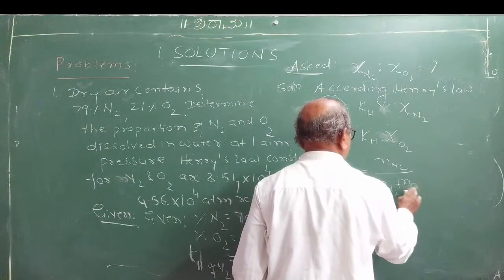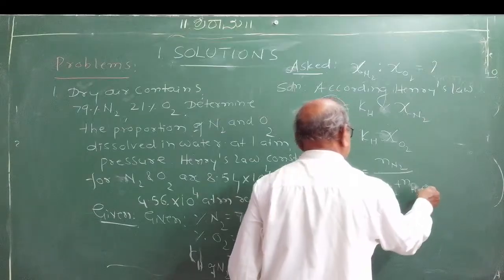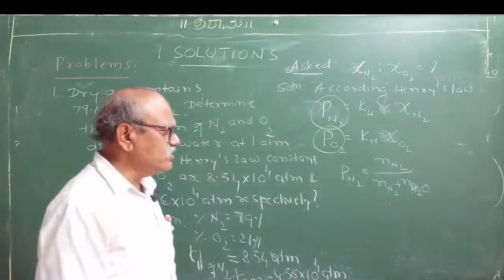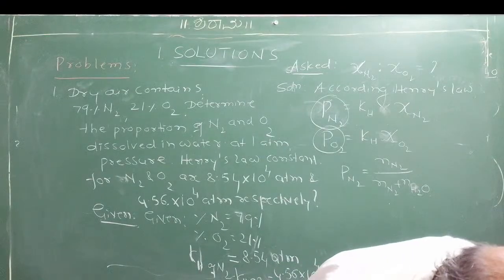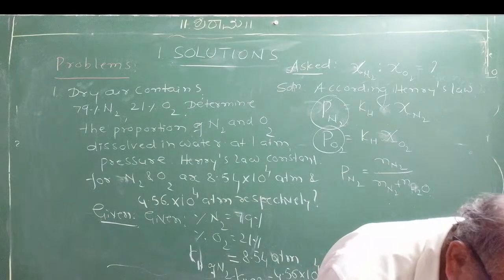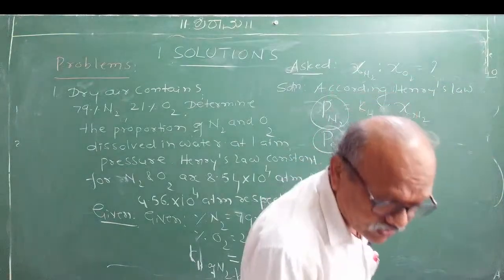Water is a solvent here. Nitrogen is dissolved in water. Water is a solvent here. Do you agree with me? Then how can you get it? Right? Partial pressure of nitrogen is given by,